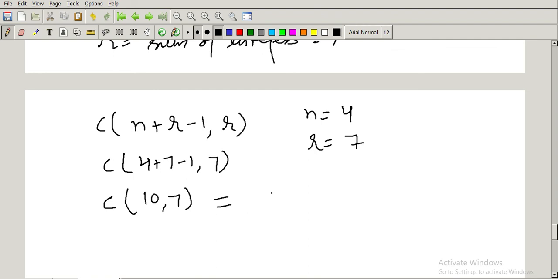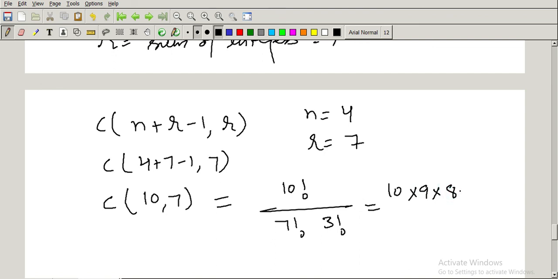So this is your 10 factorial over 7 factorial, and 10 minus 7 is your 3 factorial. This is your number of solutions. So solve this: 10 into 9, 8, 7. आप इसको यहीं तक रहने दें, बिकॉज हमें पता है कि 7 फैक्टोरियल हमारे पास है यहाँ पर डिनोमिनेटर में, 7 फैक्टोरियल इंटू 3 फैक्टोरियल, 3 फैक्टोरियल इज योर 3 इंटू 2 इंटू 1, राइट? ओके,